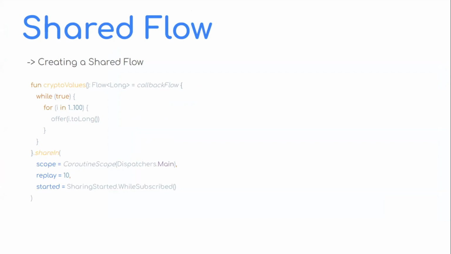So first thing, a shareIn function takes three parameters. The first one is a scope. The second one is the replay, which is the number of items that we want to send to our user. And the third one is started. So, scope: this is the coroutine scope that we want our flow to be